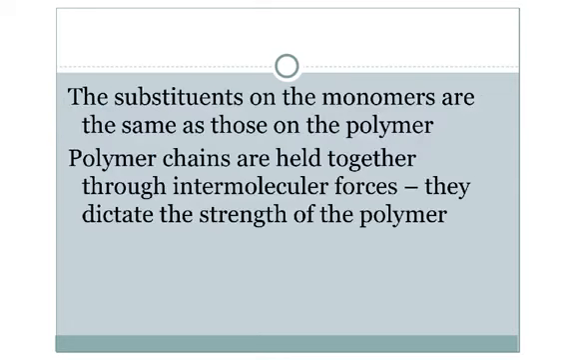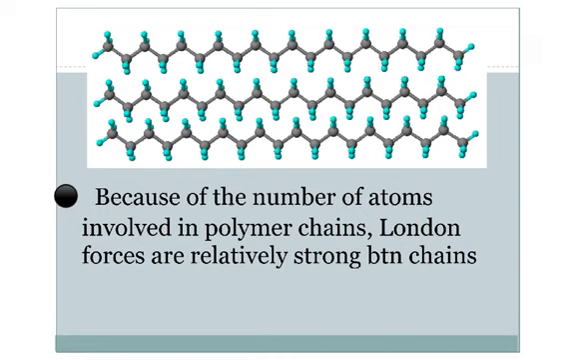The substituents that are on the monomers are the same as the polymer, as we see, and polymer chains are held together through intermolecular forces. In terms of how many intermolecular forces a polymer chain has, the stronger it's going to end up being. So think about it like this. If you have a plastic container, think about these polymer chains as being just stacked on top of one another. The plastic container isn't one string that's wrapped around itself a million times. It's multiple strings that are all just hanging out together, and they're only attracted and keeping their shape because of